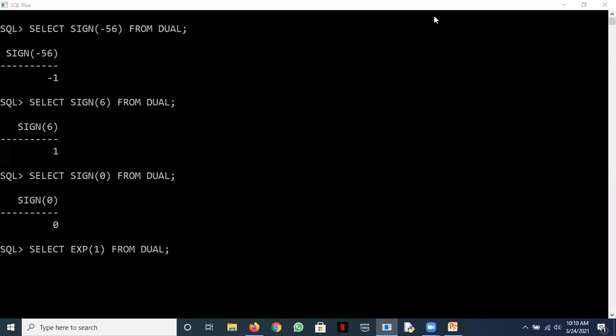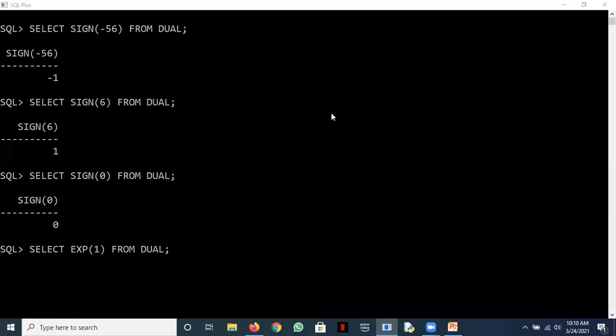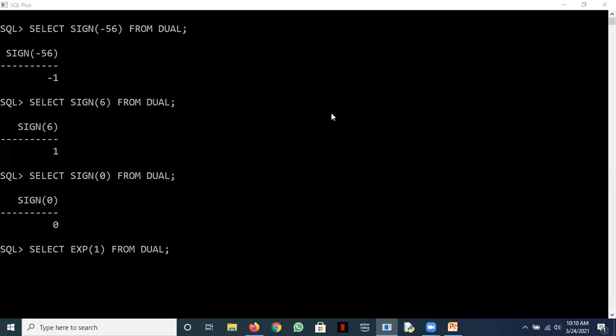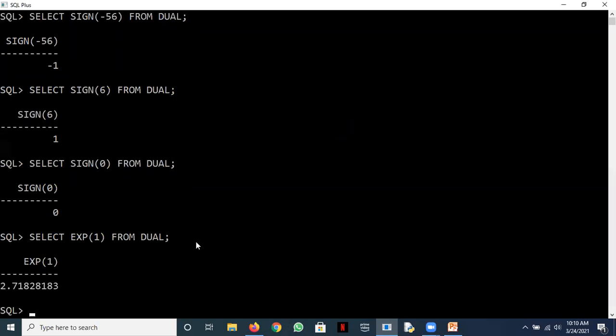Okay, Salil Chandan wants to answer. Go ahead, Salil. 2.7. Okay, so e is your exponential, the log base e. Its value, e to the power 1, is 2.7183. Let's see the value. It is 2.7183 if you round off.